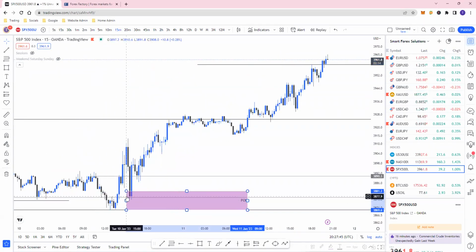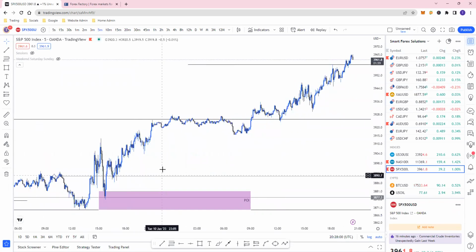We can see price moved aggressively and then took a bit of a while to push higher, which isn't ideal. You want price to come down a little bit slower and then the aggressive move happens. You're playing within this area here. That's generally a really good entry. But, on another time frame,